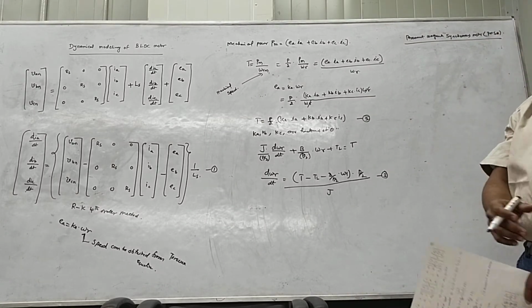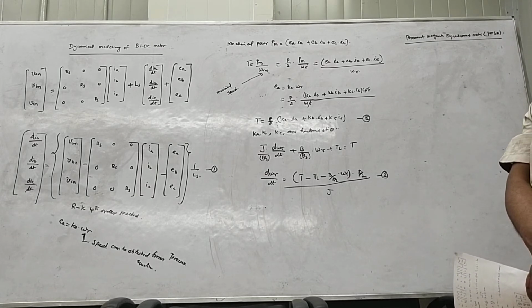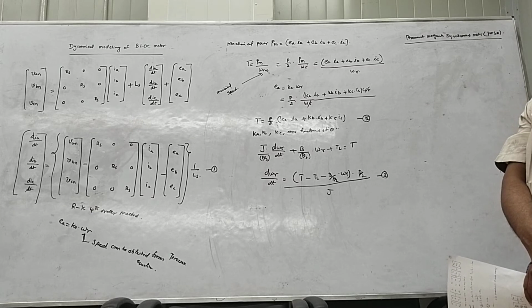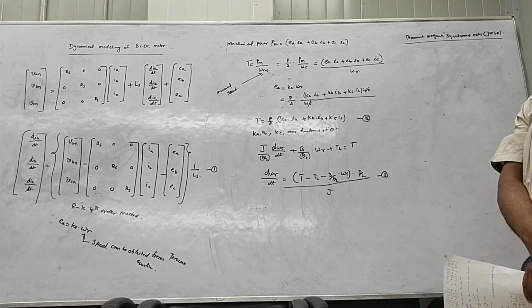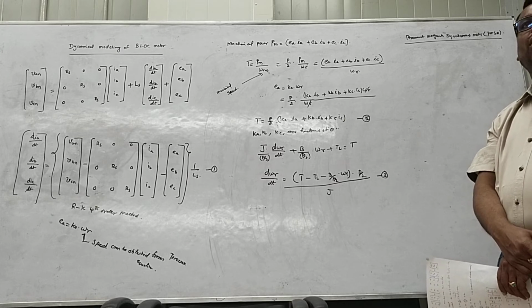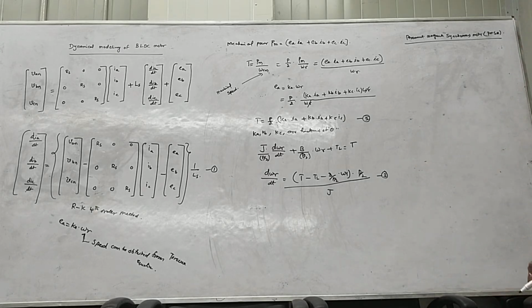So I explained the brushless DC motor, it's like a trapezoidal brushless DC motor. Okay, the construction of a trapezoidal brushless DC motor, working principle and power converter topology and closed loop operation. And the next one is dynamical modeling of brushless DC motor. That's about it. Now we will discuss the permanent magnet synchronous motor.